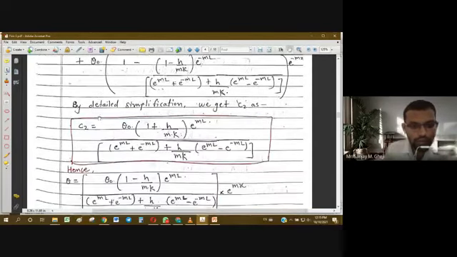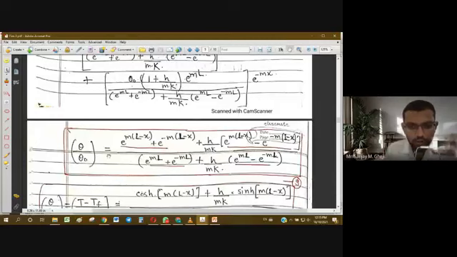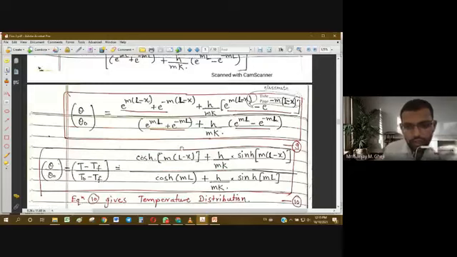So finally, we obtain theta by theta 0 in this form. All these big terms are coming there, and again we will use some trigonometry and hyperbolic relations to further simplify it. Because you cannot write so many factors every time. This becomes a very laborious and time-consuming task, and we also have to remember and represent it in a short form. So to do this, trigonometric and hyperbolic functions have been used.